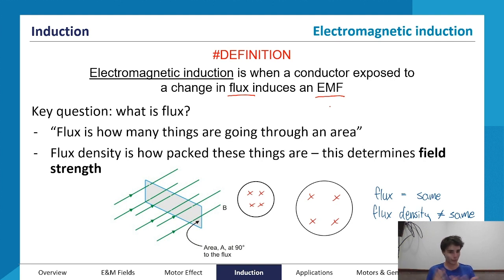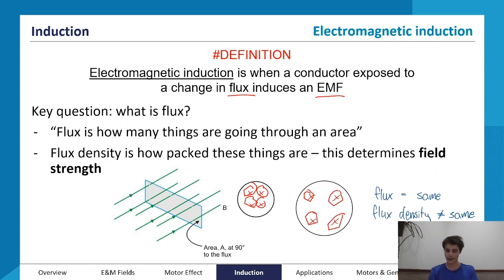Now, for the purposes here, we don't really care too much about the flux of people. What we're interested in is magnetic flux, which is basically just a measurement of how many magnetic field lines are in a particular area. Basically, how much strength of magnetic field is in a particular space. Down here, I've drawn 2 little areas. In both of these situations, the amount of magnetic flux is exactly the same. They're both capturing